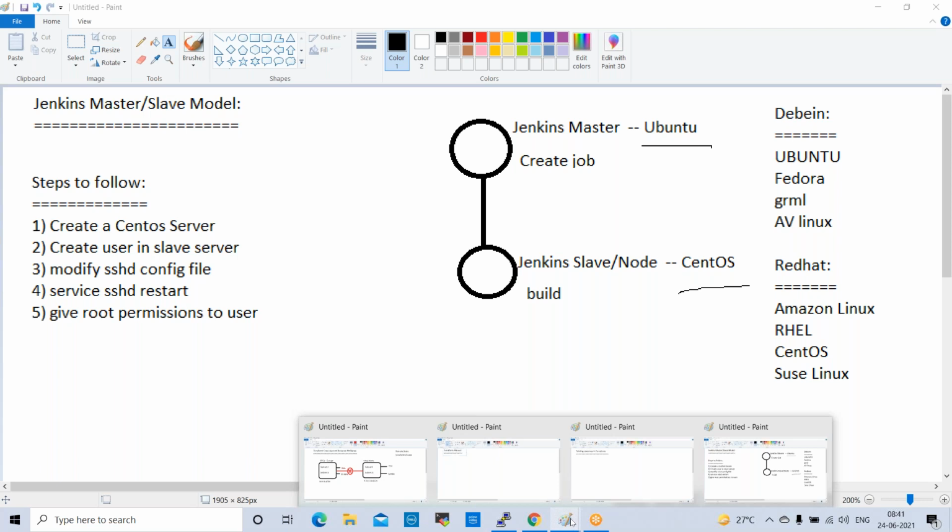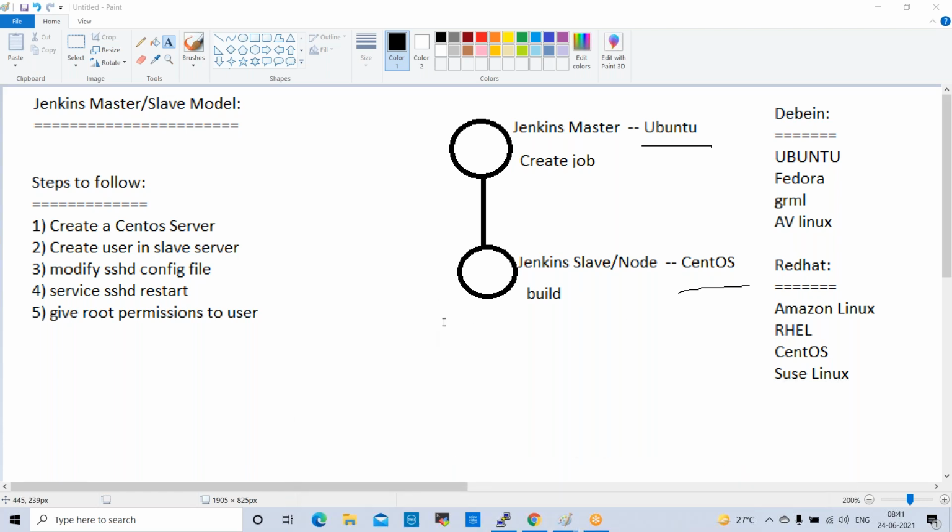It's very simple. When I talk about script, don't think it would be 10 lines or 20 lines, not like that. Groovy script, which is the Jenkinsfile, is very, very important, and it's very easy. Tomorrow we will work on user management, Jenkins users: how to create users, how to restrict users, how to provide permissions to users. Monday we'll work on Groovy script.